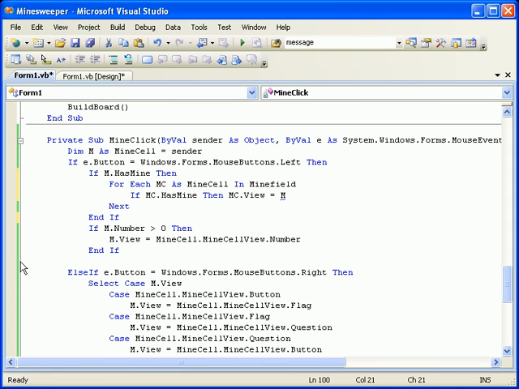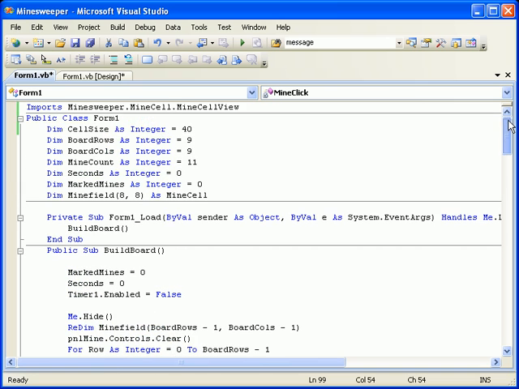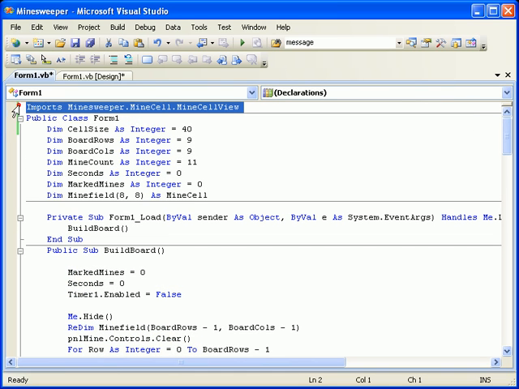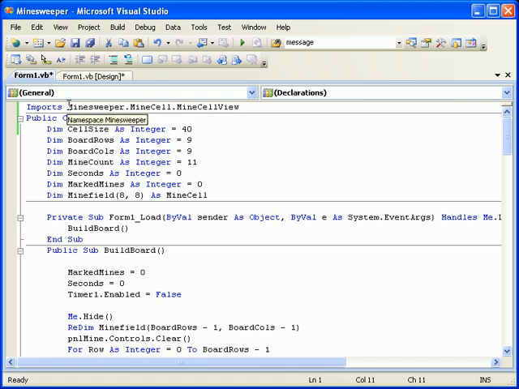Try that again. All right. Now, if you've noticed here that all of a sudden these got shorter, there's a reason for that. At the beginning of the program, you can actually add an imports statement, and this imports statement will shorten up some of these long lines, MineSweeper, MineCellView. If you put this line in imports